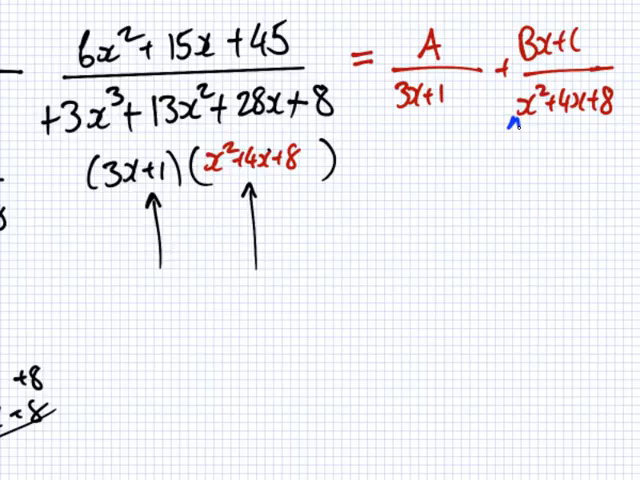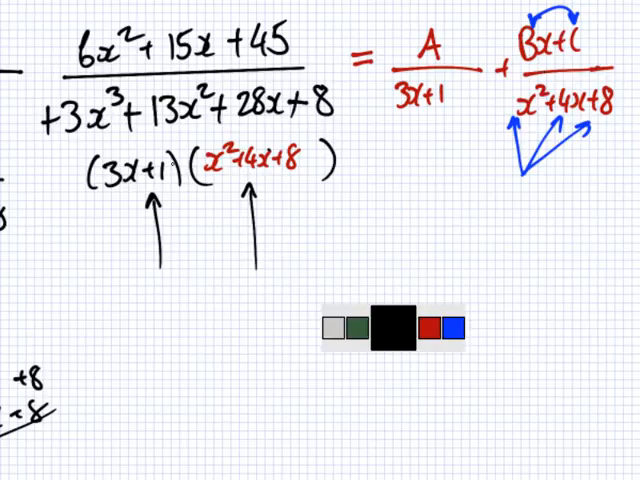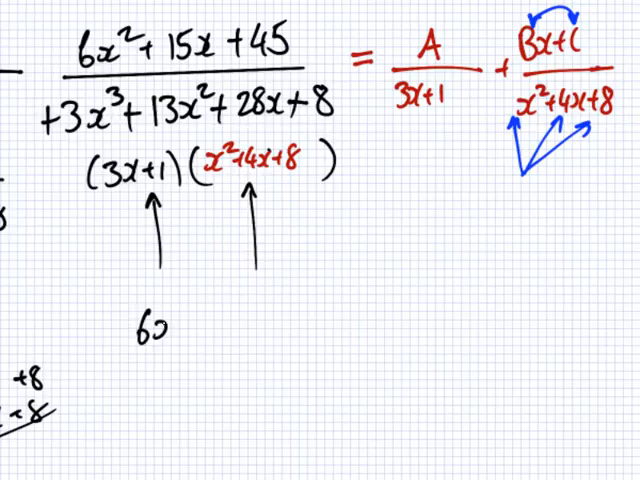Yeah, 2 constants, right? So, 3 constants. There's 3 constants here, so on the top I should have 2. So I cannot make one of them 0. But it's still done the same way. So you multiply by the 2 factors here, and you would end up with 6x squared plus 15x plus 45 equals a times x squared